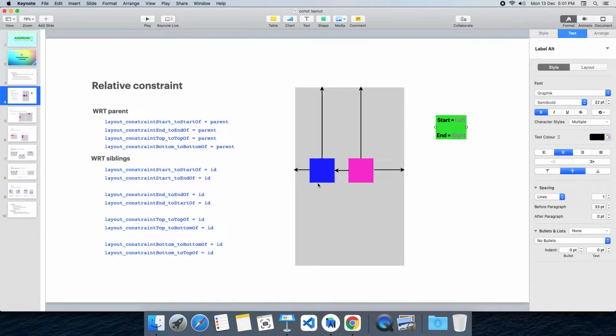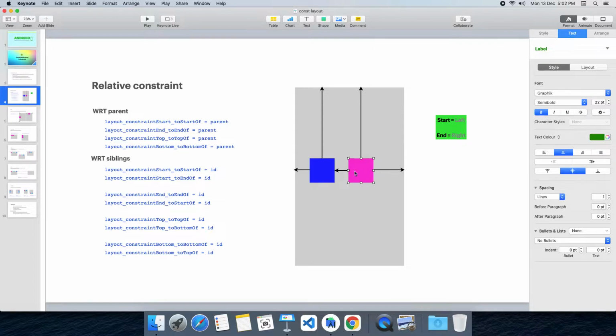So take this layout. This gray container is the constraint layout, and these are children. Now with respect to the parent, how are these two items positioned? Take the first view. It has four sides. Here the left side is positioned to the parent's left side, and the top side is positioned to the parent's top side. Take this other view. Its right side is positioned to the parent's right side, and its top is positioned to the parent's top side. This is how children are aligned with respect to the parent.